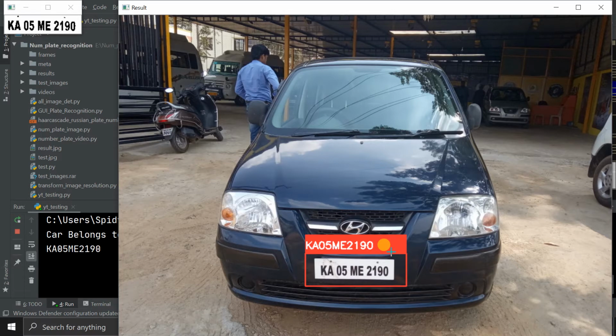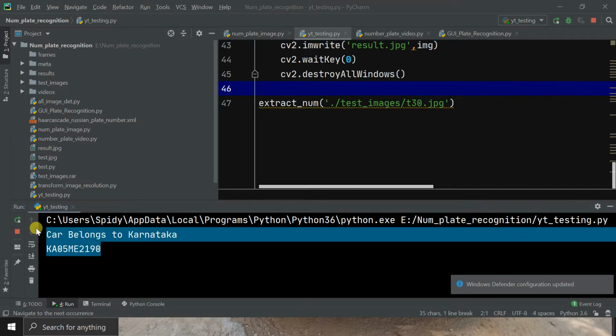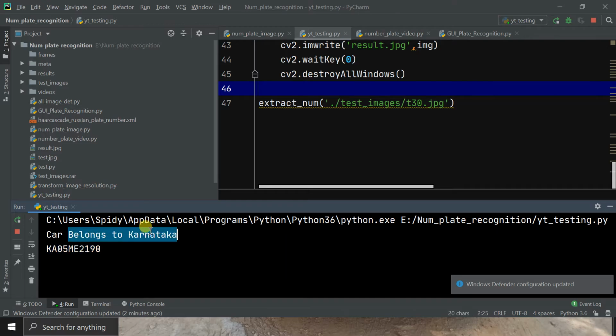So we are developing a license plate recognition system. If you don't know about this, this technology is known as ALPR, automatic license plate recognition system, which is very useful and very popular in Western countries like the USA and Canada. But in India, this technology has not grown much. So I am making this. Actually, I'm doing this for my college project, and I got an amazing and good result. You can see the car belongs to Karnataka, and we got the result here as well.